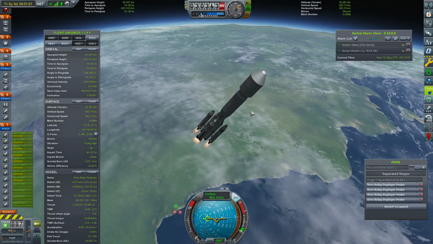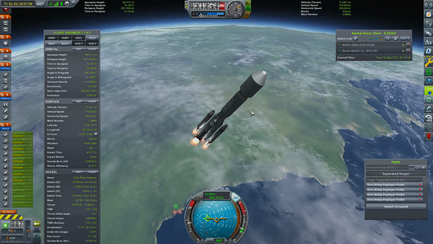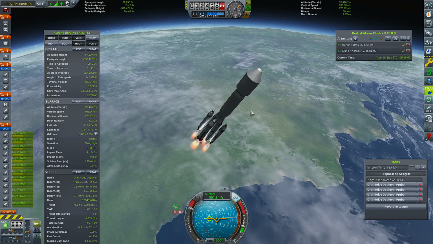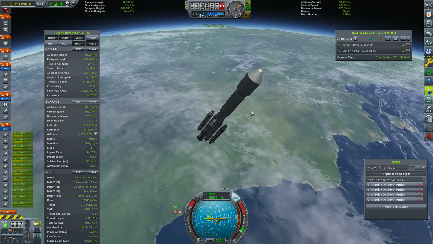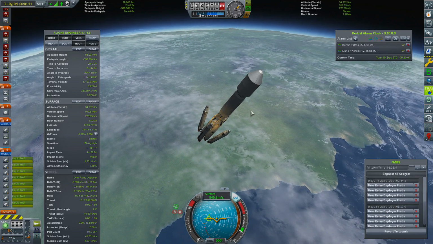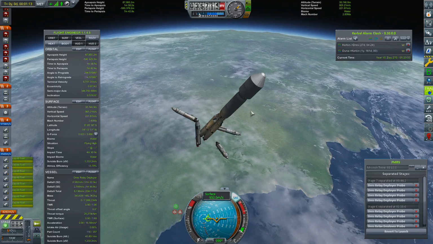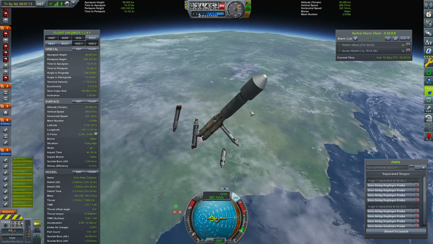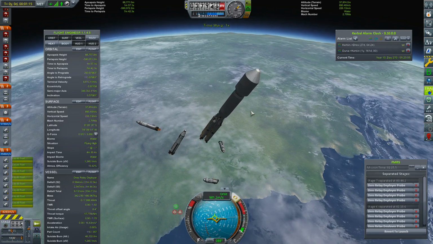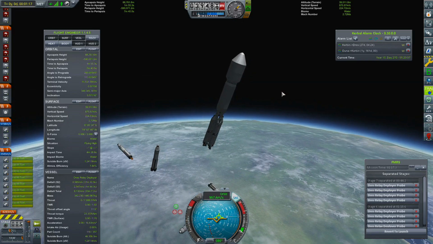Actually, I'd like to burn out this engine. Okay, X for now. Drop these. Get a little bit away from all of this. And then just get to space and...